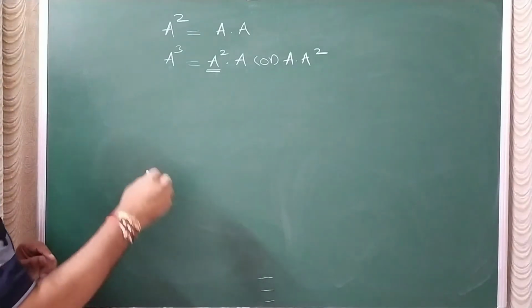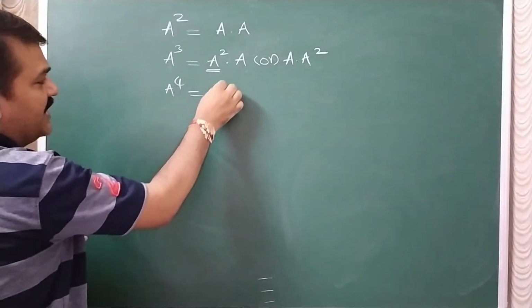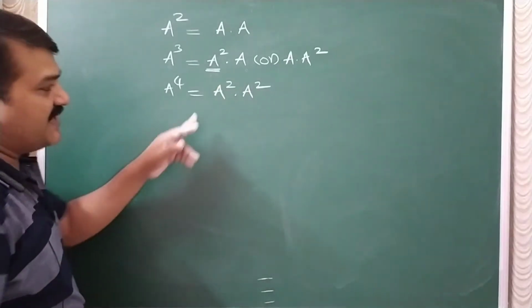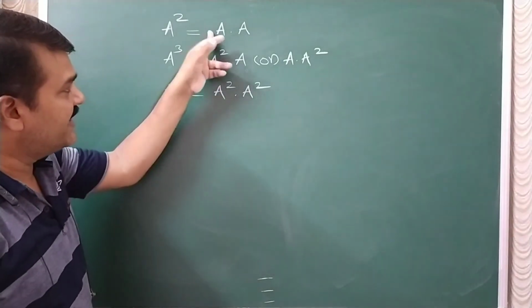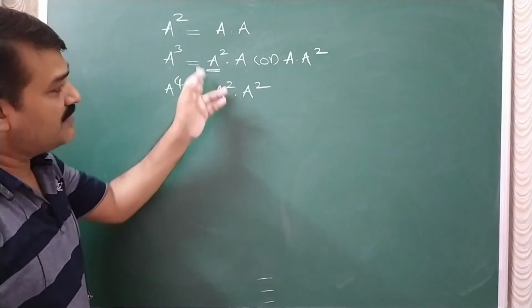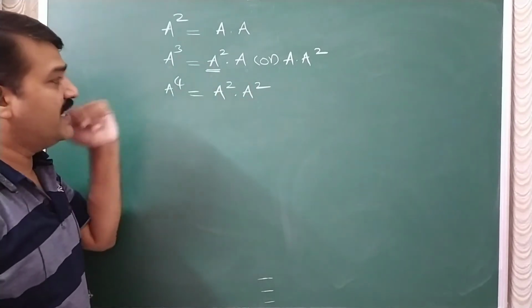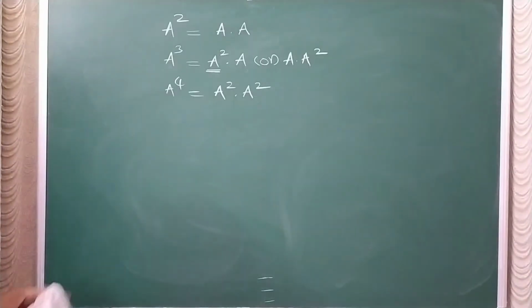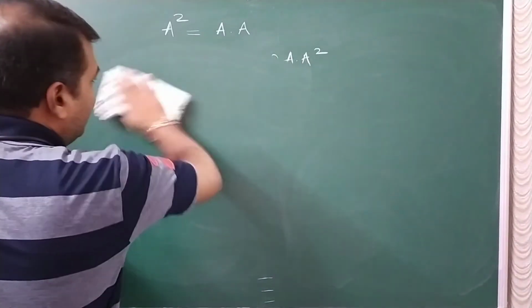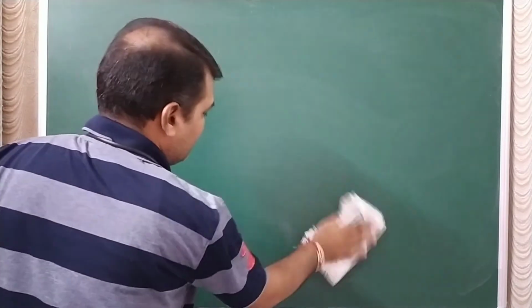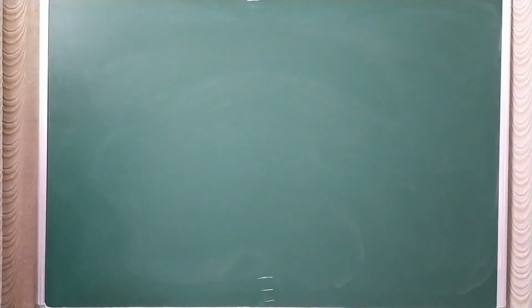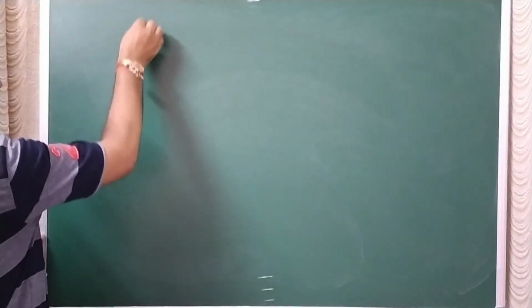Okay. So, like this continuously, if you want A power 4, then you have to multiply A square and A square. Means find A square first, that is A into A, then A square multiplied with A square, then you will get A power 4. Directly you will not get A power 4. Okay, so this is the process of finding A square, A cube. Directly you cannot find, you have to multiply A with A to get A square like that. Okay, so for example,